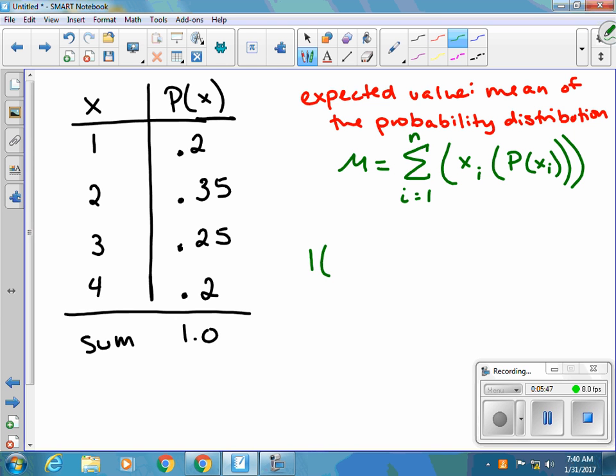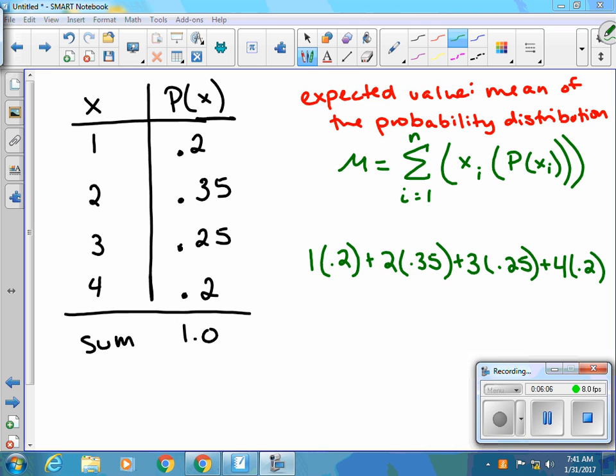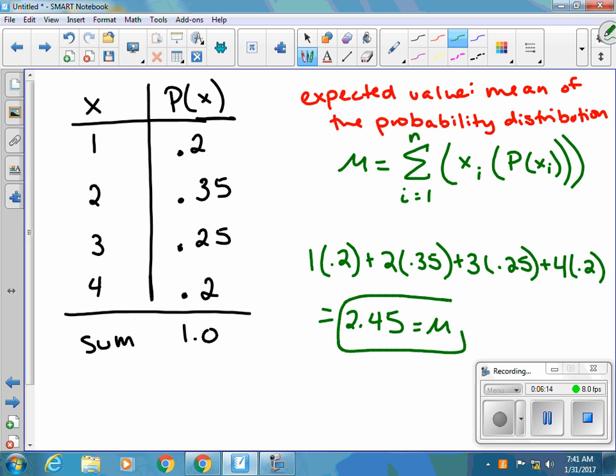So we take 1 times 0.2 plus 2 times 0.35 plus 3 times 0.25 plus 4 times 0.2. This is going to calculate our expected mean. So this gives us 2.45 is our expected value. So this means that most likely